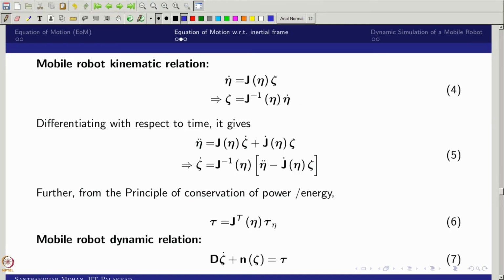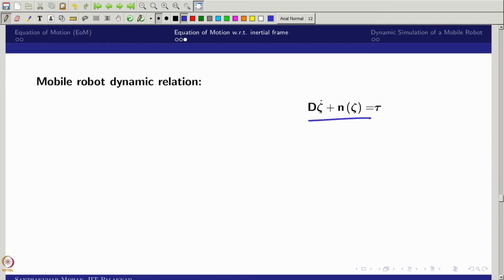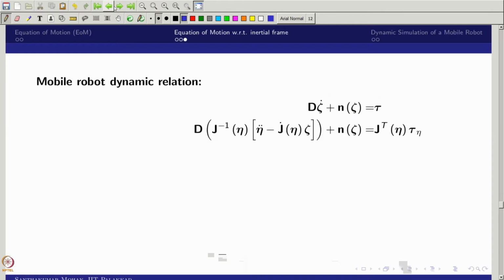So I take this equation and substitute it here. Now I substitute this from the eta double dot relation, and this with respect to this equation. Now you can see I substituted that, so what I get is a bigger relation. This bigger relation I can regroup with only the acceleration term.